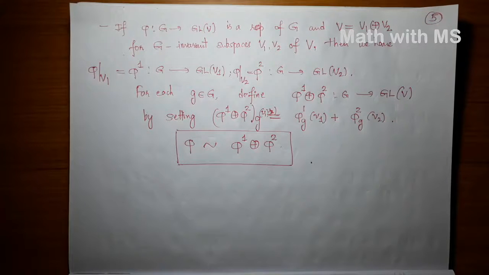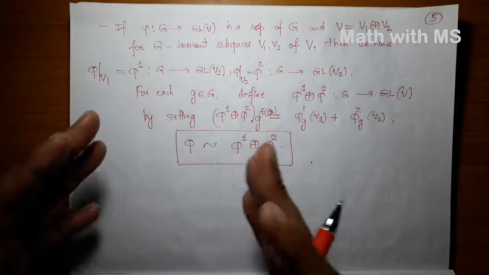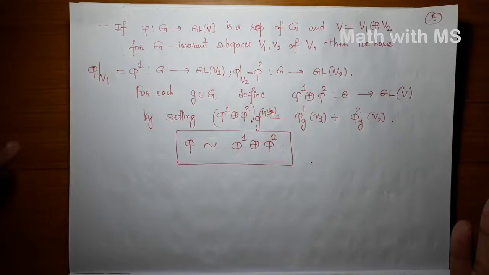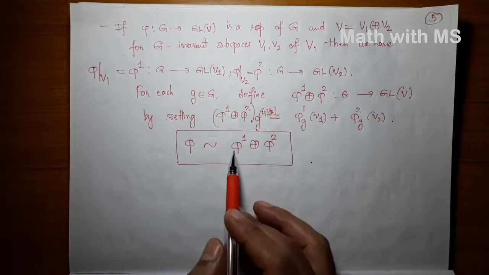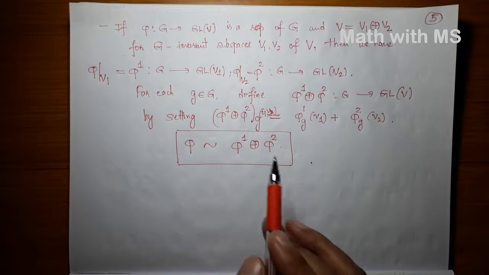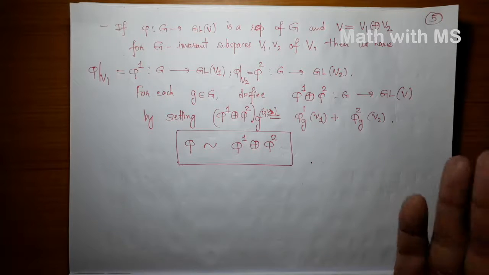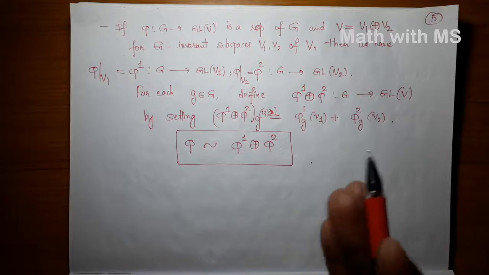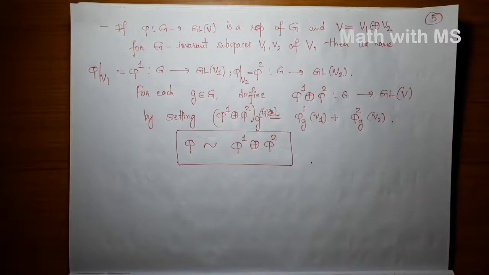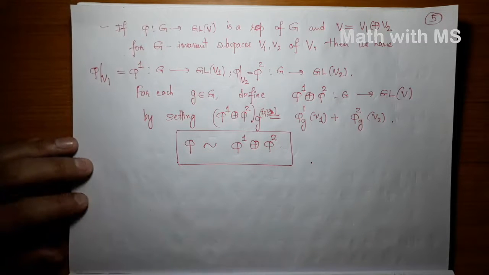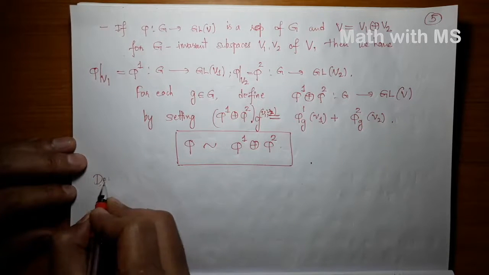we desire that we should be able to decompose it into sub-representations till the point that each sub-representation doesn't have any G invariant subspace, so that we cannot further decompose it. So it is just like prime factorization of natural numbers, right? You keep on factorizing a given natural number into factors till you just write it as a product of primes. So this gives rise to the following definition